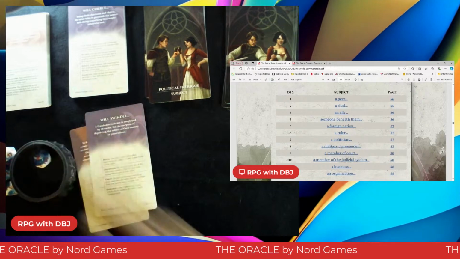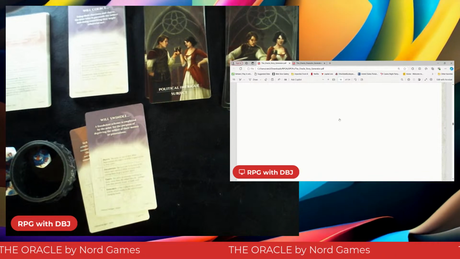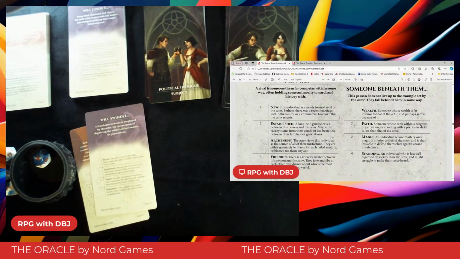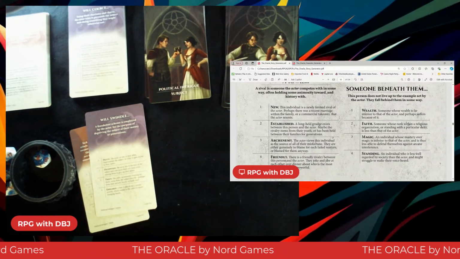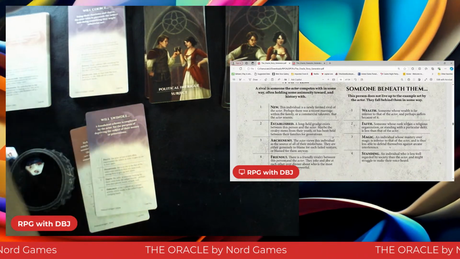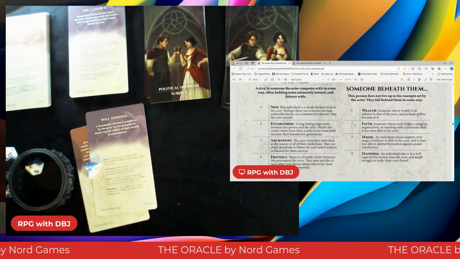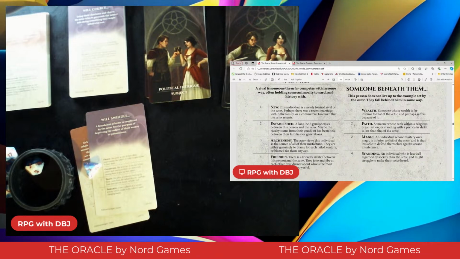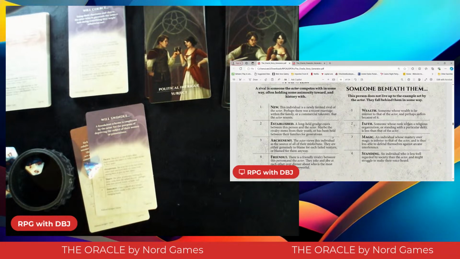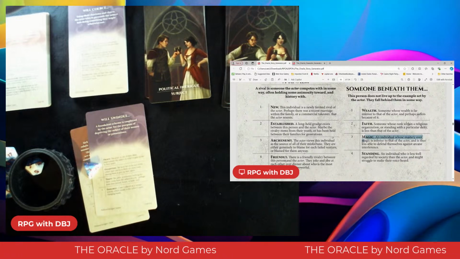That's someone beneath them. We're going to click that on the PDF. And this person does not live up to the example set by the actor. They fall behind them in some way. And we're going to roll ourselves our caltrop. And there's a 3. Magic. An individual whose mastery over magic is inferior to that of the actor and is thus less able to defend themselves against arcane interference. So I hadn't even thought about this,